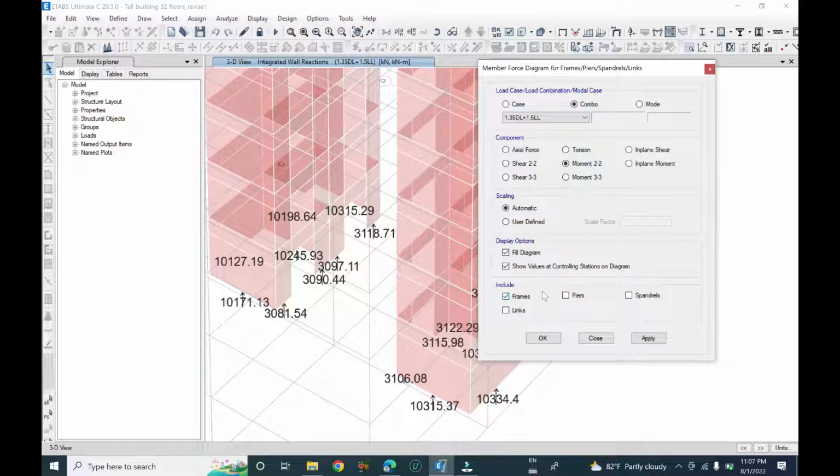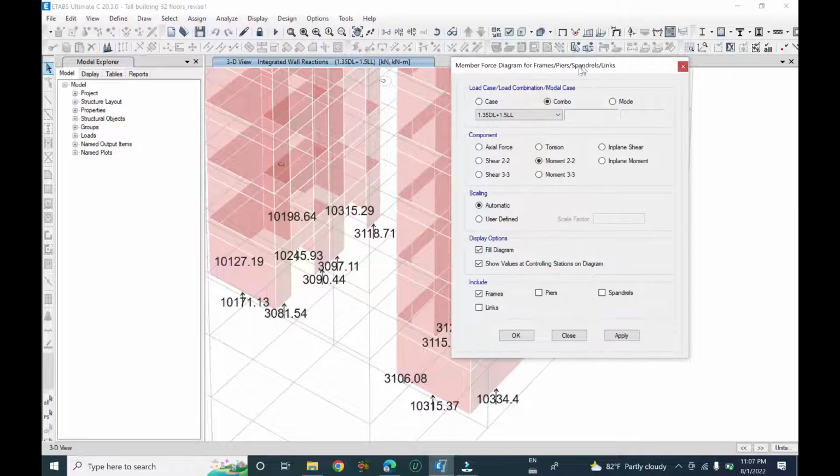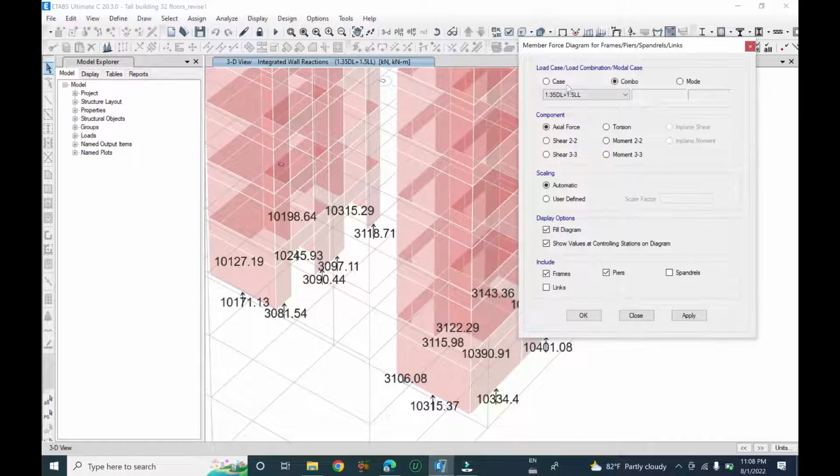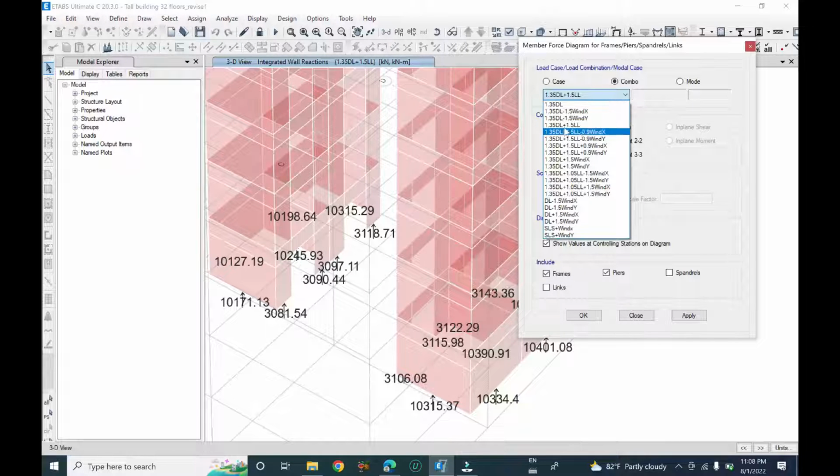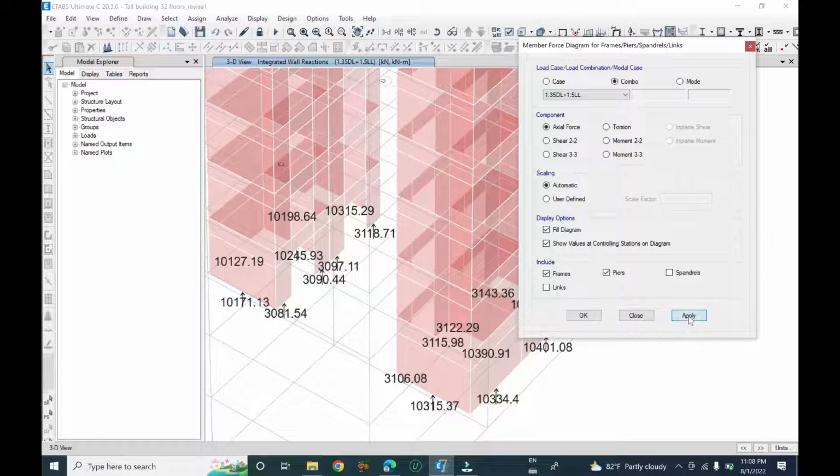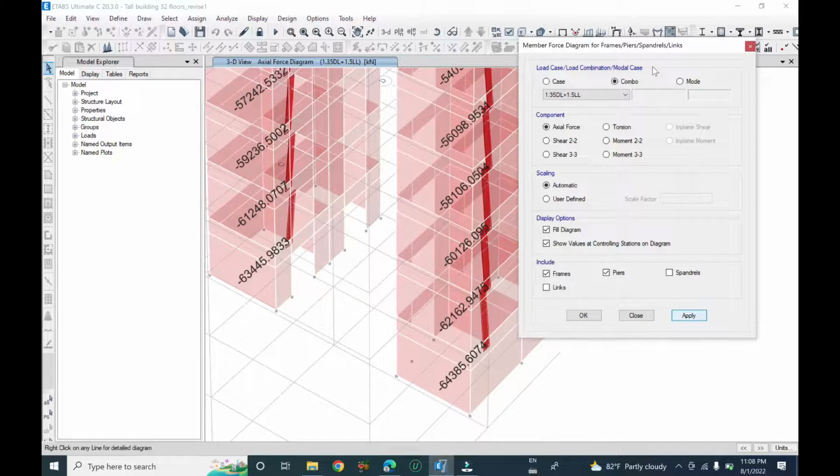Activate the default member force diagram for frames. Only tick on frames, so we want to display as the pier force. Click on piers and click on axial force. In the load combination, now we want to display the ultimate gravity load. Click apply. Yes,